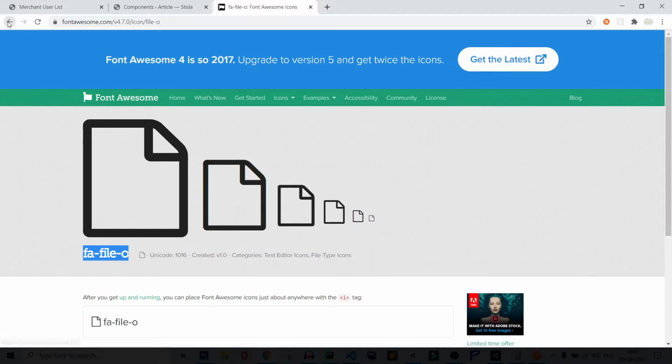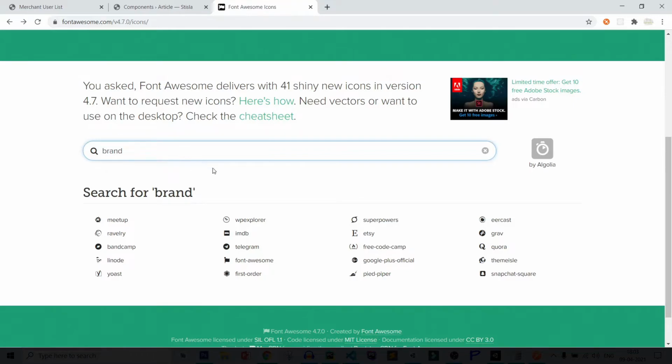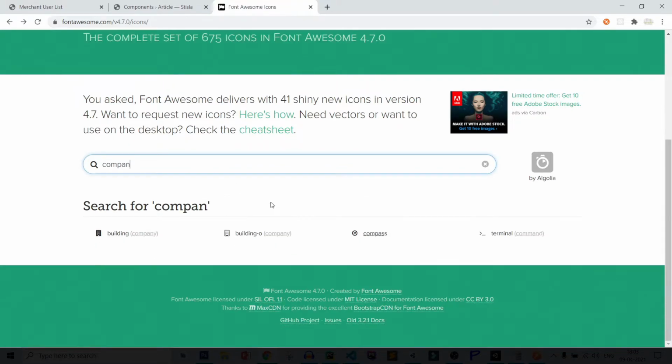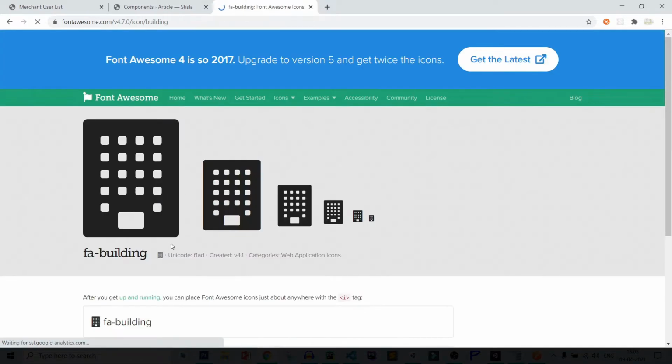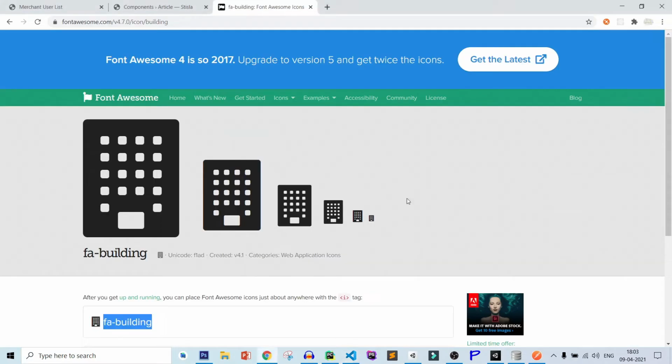then company. So brand, company, okay, company showing building. So let's add the building, copy it, paste it here, address.